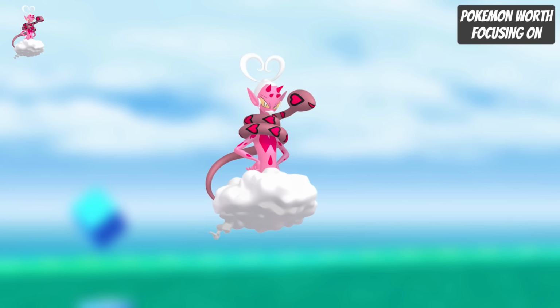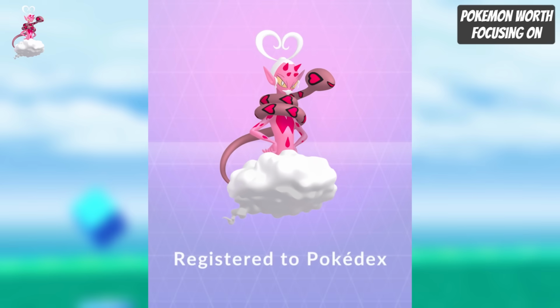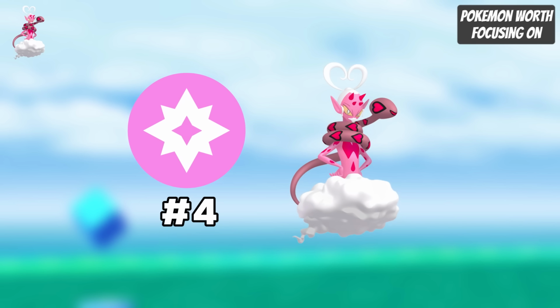Enamorus will be in 5-star raids for the first time, so it will be remote raidable this time. So it is definitely a good chance to get one for the Pokedex, but not only that, it is actually meta relevant. It's the 4th best fairy type attacker with Fairy Wind and Dazzling Gleam, and it's ranked 41 in